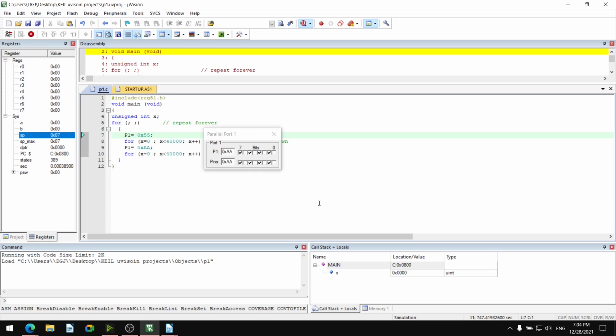They both are complementing individual bits. In 55, whichever bits have value 1, in AA those bit values are 0. In 55, whichever values are 0, in AA these bits are 1. So 55 and AA are complementing each other bitwise.